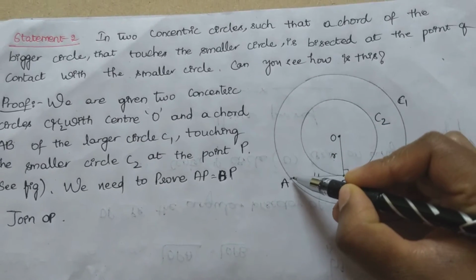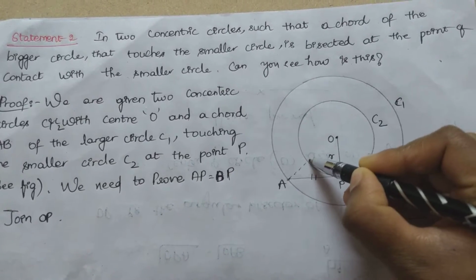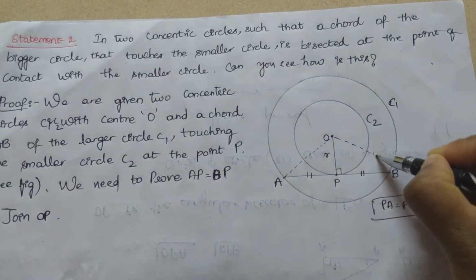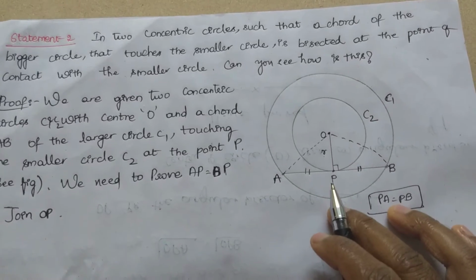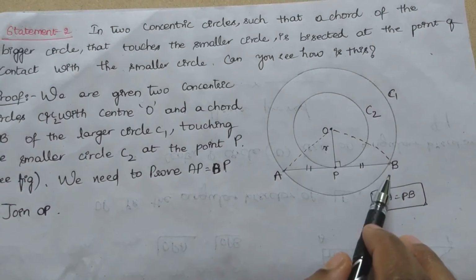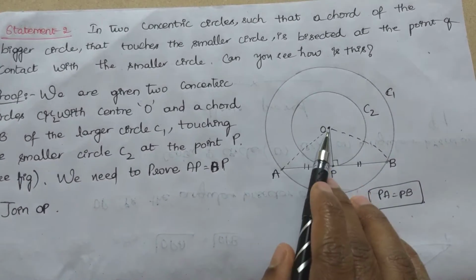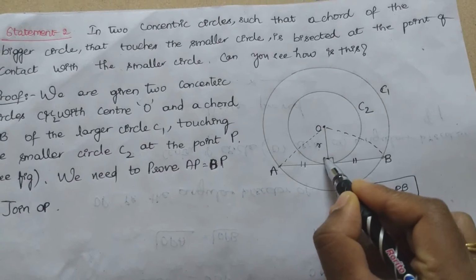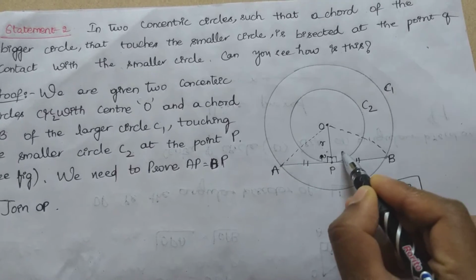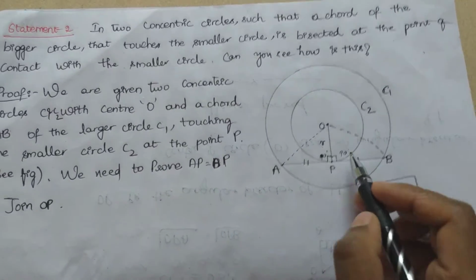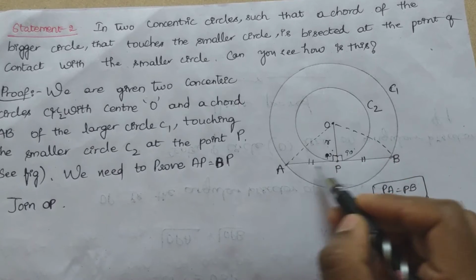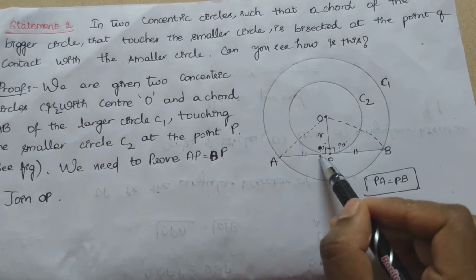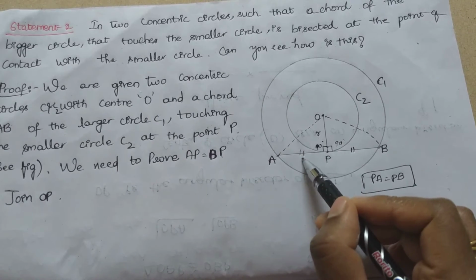After that, what will I do? I will draw a line joining O and A and O and B, just dotted lines. By joining the dotted lines, you will get two triangles, triangle OPA and triangle OPB. The angle formed at P is 90 degrees. Clear? In both triangles, triangle OPA and triangle OPB, angle P is the same